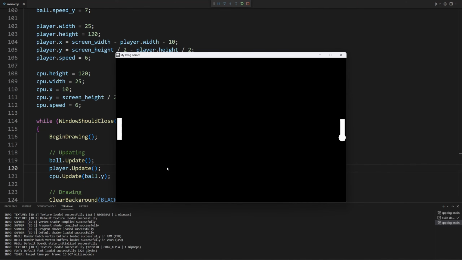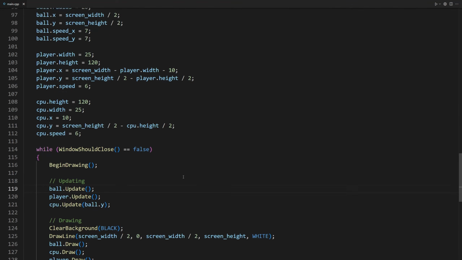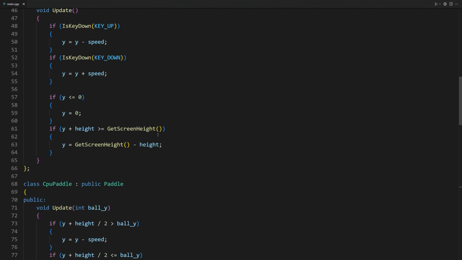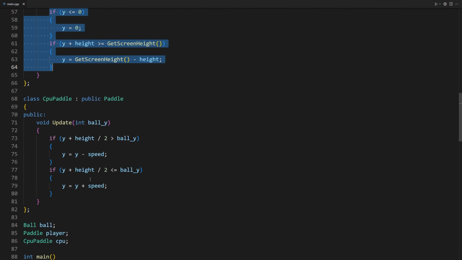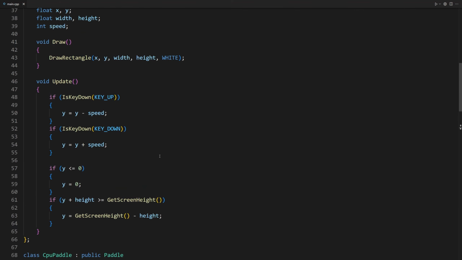It does not move outside of the game window, but it is a good idea to enter some limitation to its movement, as we did with the player paddle. So we just have to copy and paste this block of code from the paddle class to the CPU paddle class. But copying blocks of code around is not a good programming practice. We can use object-oriented programming to our advantage.